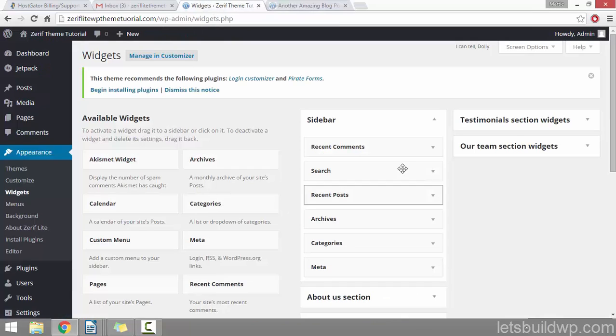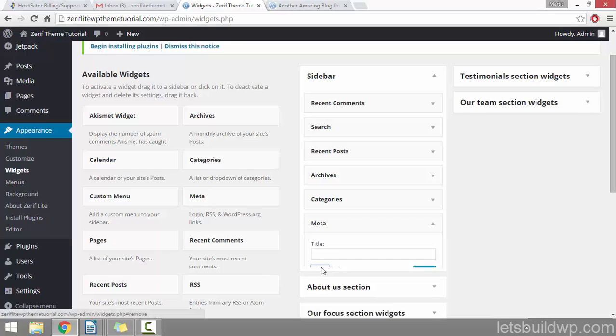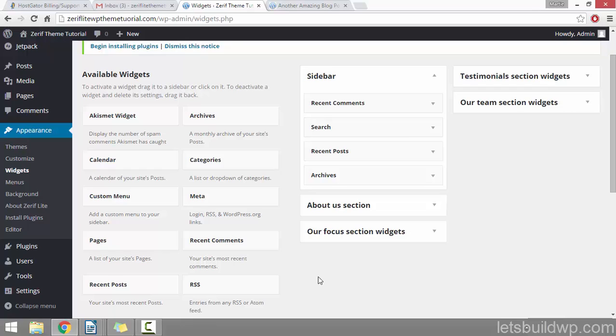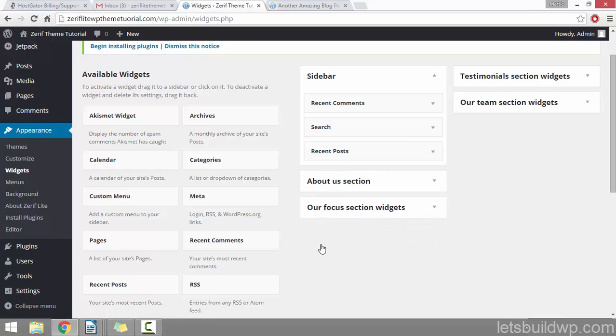So in the widget area, under where it says Sidebar, the first thing we're going to do is delete the ones that we don't want, and we do that by clicking each of the boxes to expand them, and then underneath we can click Delete. So the first one we're going to delete is Meta, so I'm just going to click Delete. Then we're going to delete Categories, so just click on the box to expand it and click Delete. Then we're going to delete the Archives, just do the same thing,